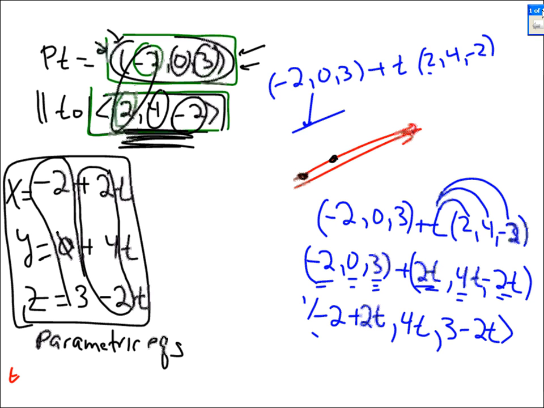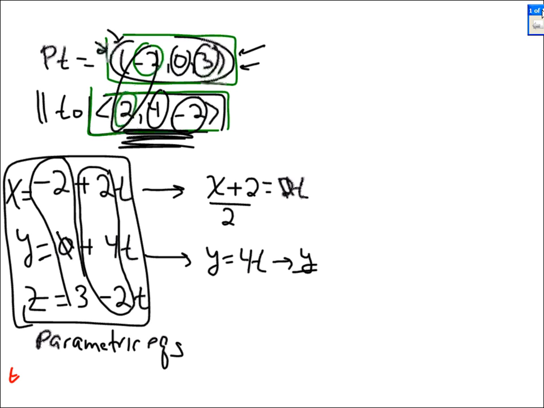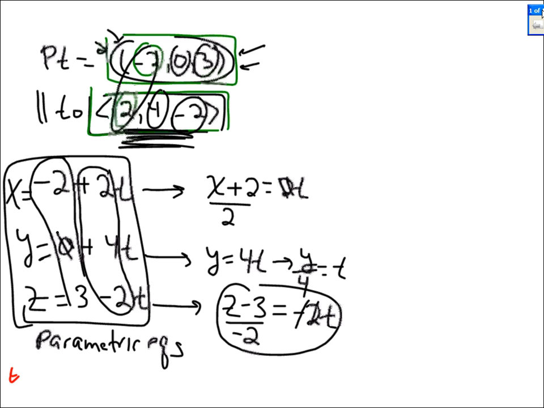Now we also want to write the symmetric equations. Let's see how we do that. What we do is we eliminate t in all 3 equations. In the first equation, x plus 2 is equal to 2t. Divide by 2, (x plus 2)/2 equals t. The second equation, y is equal to 4t. Divide by 4, y over 4 is t. The third equation, take away 3 from both sides, z minus 3 equals negative 2t. Divide both sides by negative 2. It's customary to leave the negative 2 as negative 2. Don't get rid of the negative sign. Now, since all of these equal t,